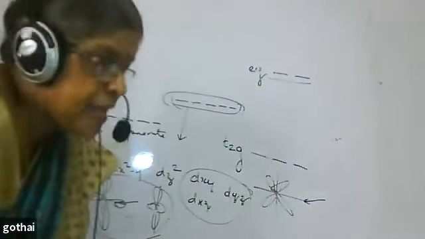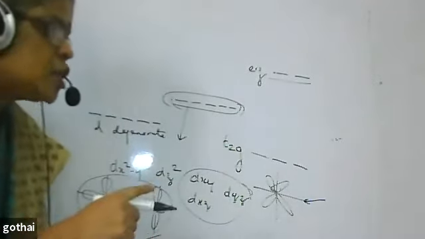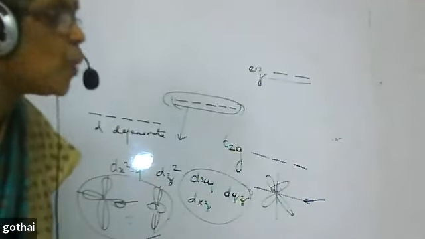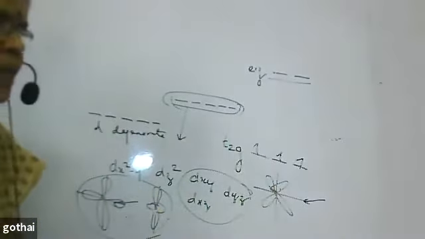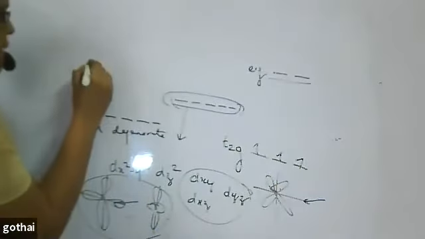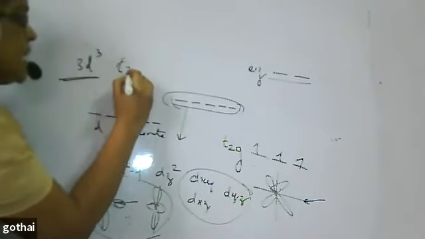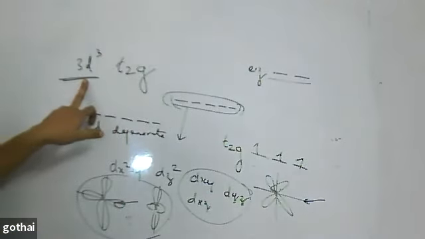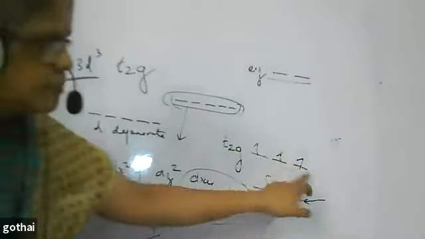So when filling up the electrons, you follow Hund's rule. What is Hund's rule? It tells you that pairing is not possible unless all the orbitals of the given subshell contain 1 electron each. Chromium: 1, 2, 3. Understand? 3. If I say 3d3, we write it as a half-filled T2G configuration. If 3d3 comes, you are supposed to write it as a half-filled T2G configuration.